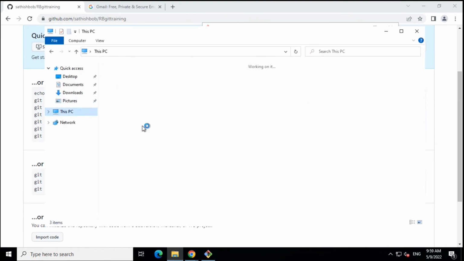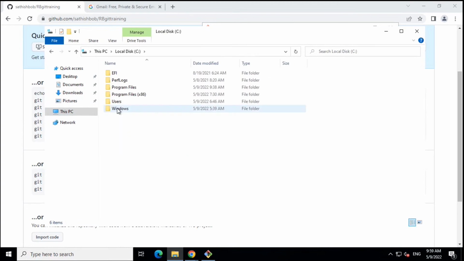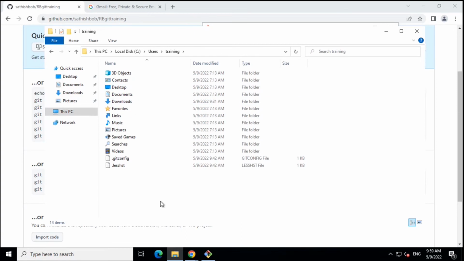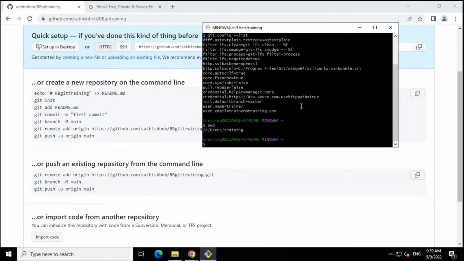So that will be this PC, C drive, users, training. So this is the directory I'm in. So let me create everything here. Then let me do a command called